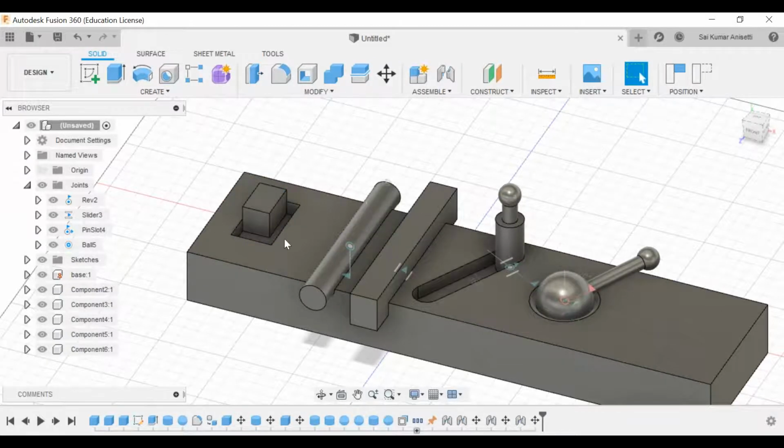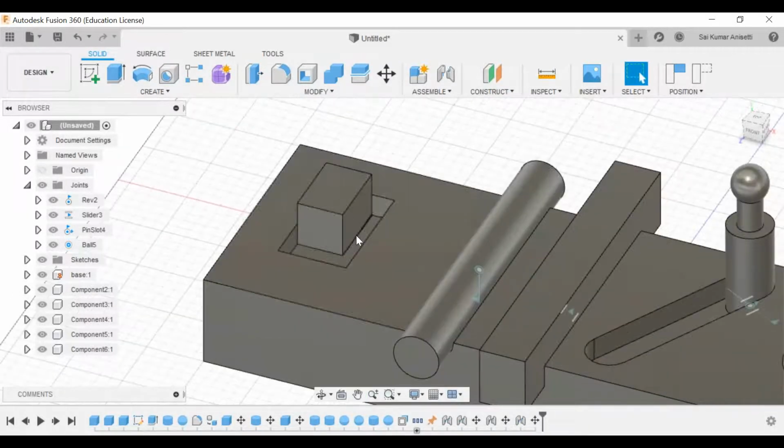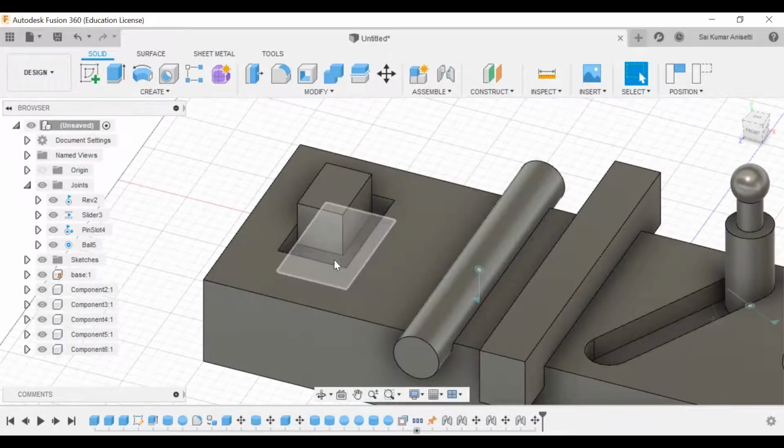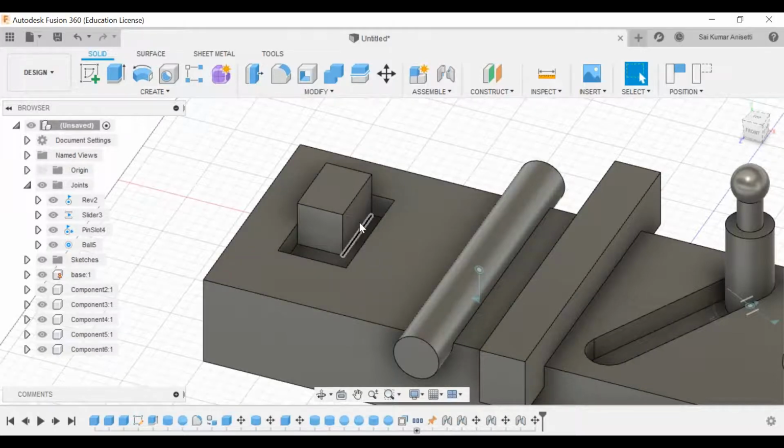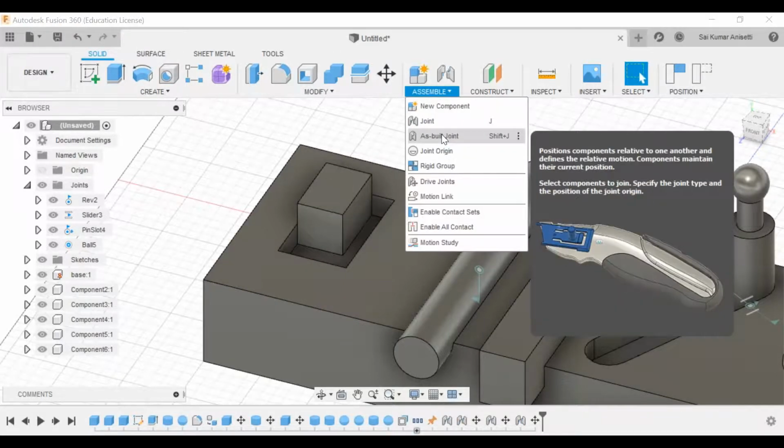Click OK. Now this is more or less staying on this particular face. Now you need to assemble the component as it is. I don't want to give any offset, and I don't want to give any kind of constraints. As it is, I want to fix the component right where it is. Go to assemble, as-built joint.